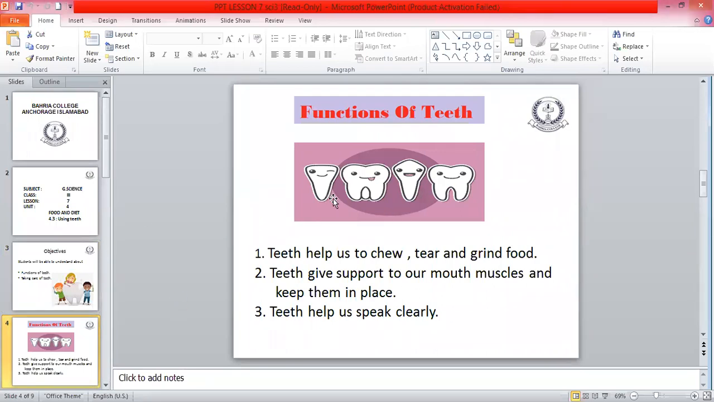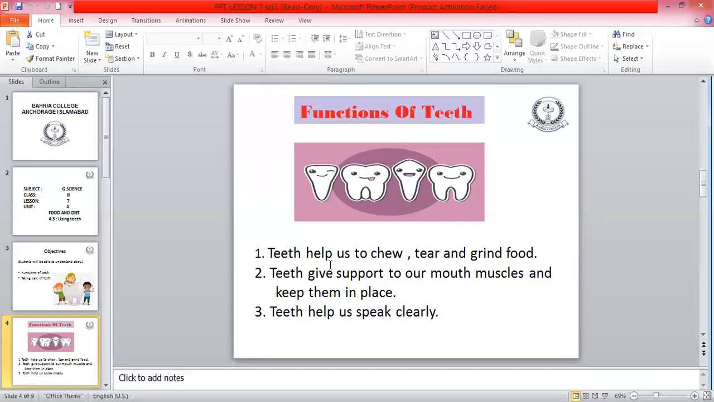I hope by now, after looking at such diagrams, you will be easily able to identify whether it's a canine, a molar, a premolar, or an incisor, right? After looking at the diagram, you would be able to identify them, as we are done with it yesterday. So the first function of teeth, the most important thing that it does for us, is that teeth help us to chew,